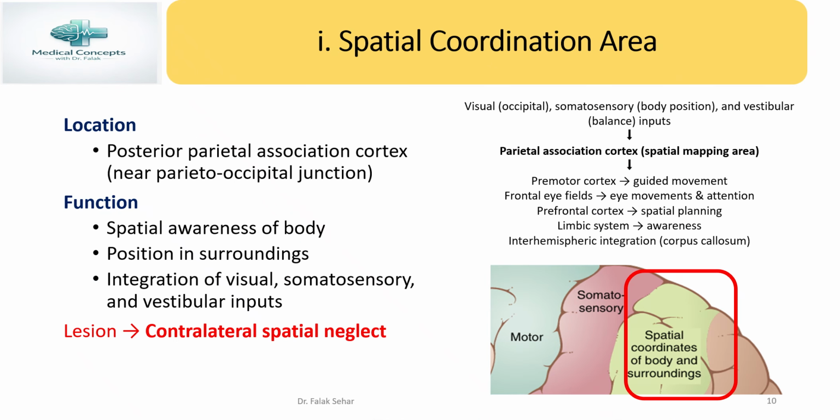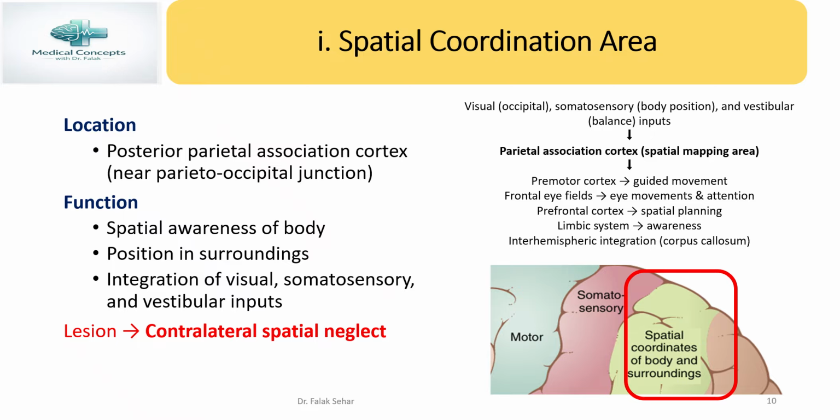Now let's discuss the first sub-functional area of the parieto-occipito-temporal association area, that is the spatial area or spatial coordination area. This area is located in the posterior parietal cortex and is responsible for spatial awareness. It receives visual, somatosensory and vestibular input, which are integrated to form a spatial map of the body and its